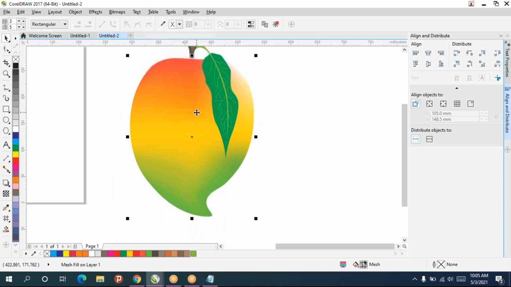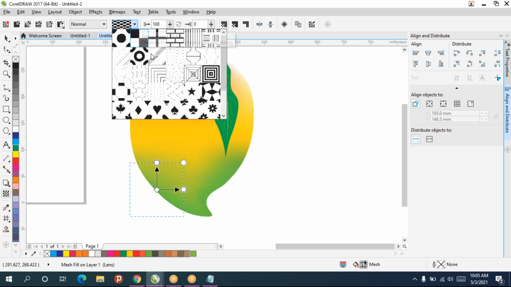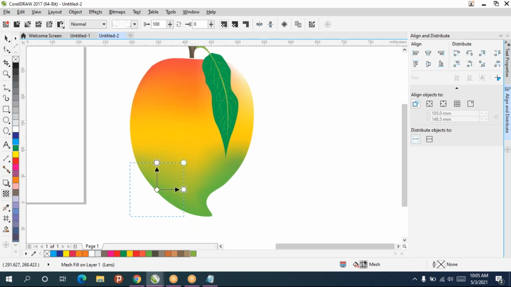And if you want, you can add textures and all for this. You can go to transparency tool. But when you add texture, your system will get little slow. Go to transparency tool, and in that you can go for the textures. I'll give some plain color for this.